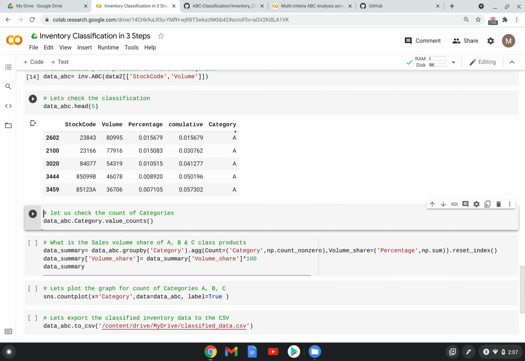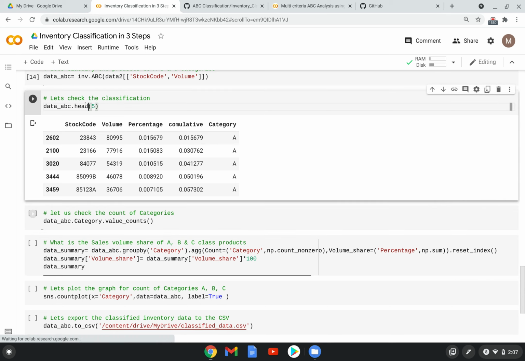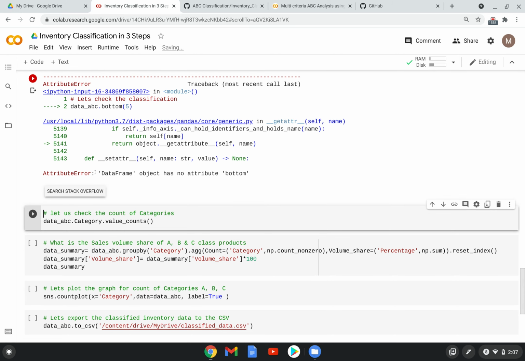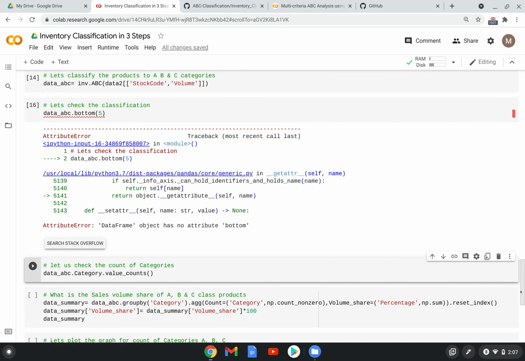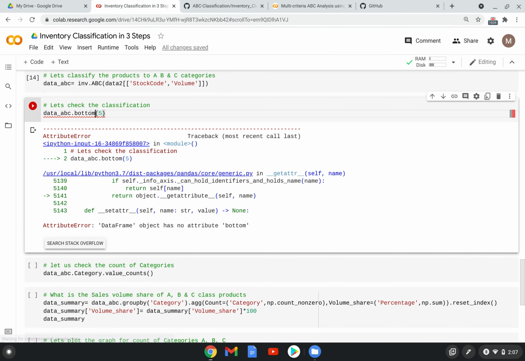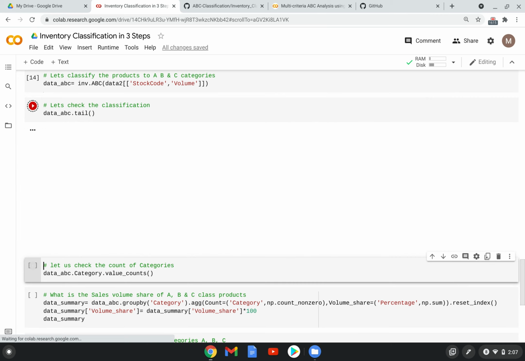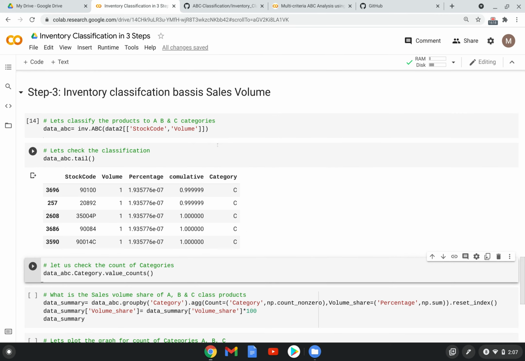Since I selected, the data is sorted basis the category column. So if I select bottom instead of head, tail actually, I'm getting category C. So the data has been sorted basis the category.